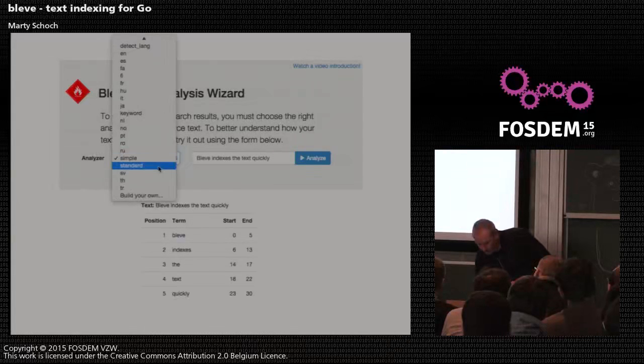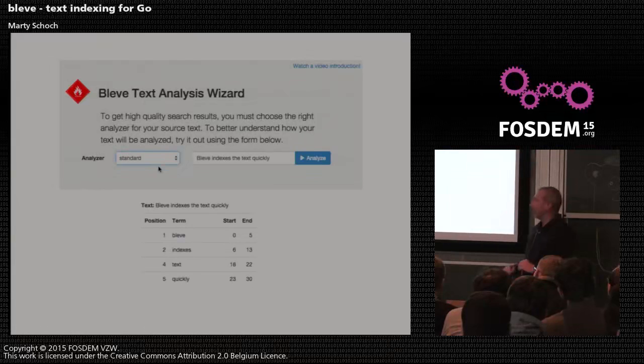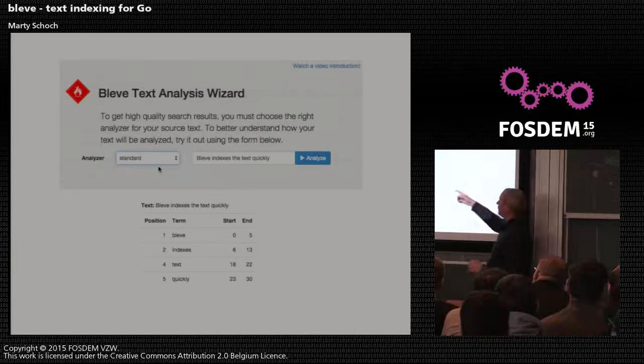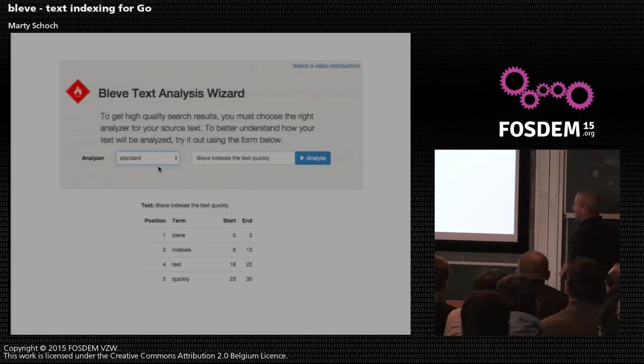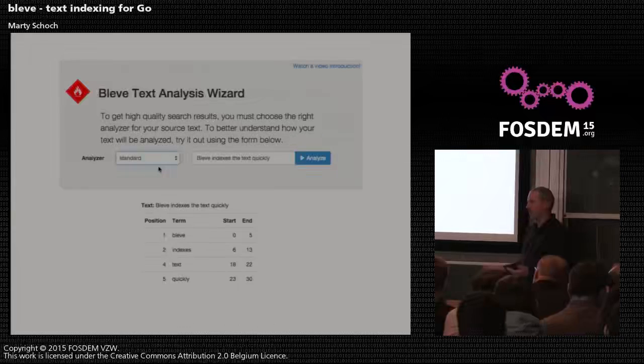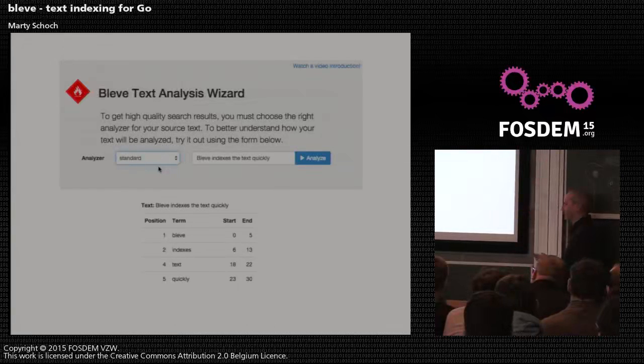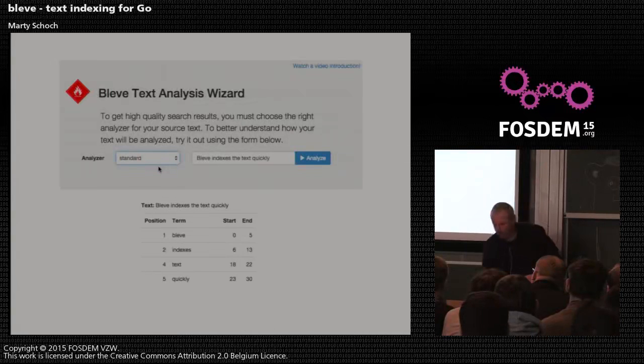The next more complicated one is something called standard. And standard was the default that we were using earlier. So when we just had that default mapping, that was using the standard analyzer. And here you notice the word "the" was removed because that's a stop word in the default dictionary. But it still doesn't do any really English-specific things like stemming would require. You could argue that the stop word list is English biased as well. But the stemming itself is very language specific.